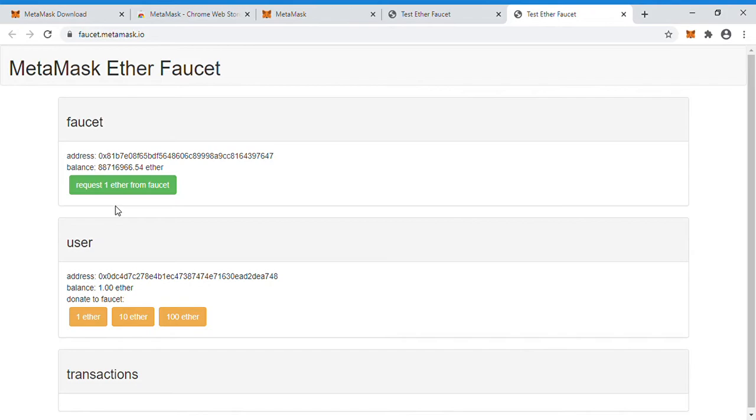It has to generate one transaction ID here, and only then will the ether be credited. The transaction ID is generated here. It will take a few seconds to reflect the ether in the Rishi account. Right now I have one ether, and one more I have requested. As soon as possible it's going to be credited and reflected in this account. Now let me do some ether transfers.